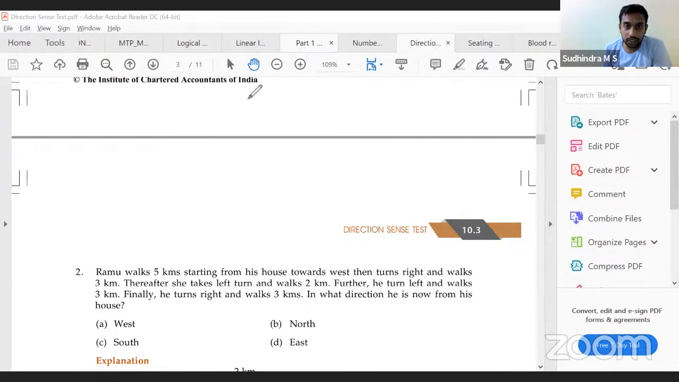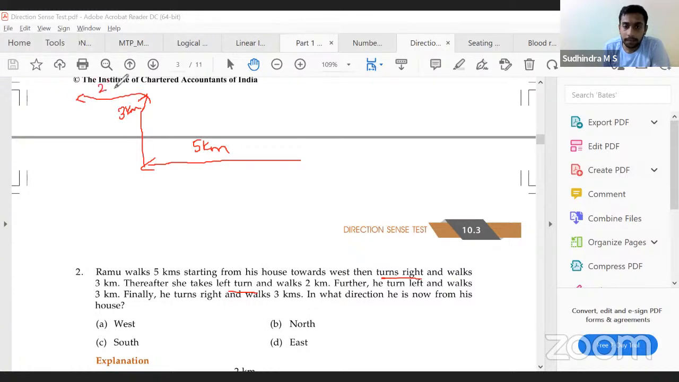Okay, so approach the question. See, going with that speed that I have read, obviously we'll get confused. So we have to go a little slower, read the sentences individually. So first what he is doing, walks 5 kilometers towards west. West means which side? Left, correct. So left side he is traveling 5 kilometers. Then he turns right, travels 3 kilometers, takes left, walks 2 kilometers,